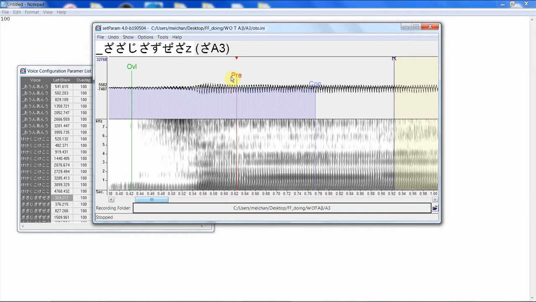So anyway, you're not going to believe this. Just click on this and move it. If you click here, you can hear everything between overlap and pre-utterance. If you click here, you can hear everything between pre-utterance and consonant. Why this is so awesome